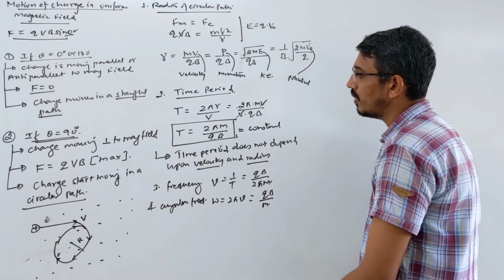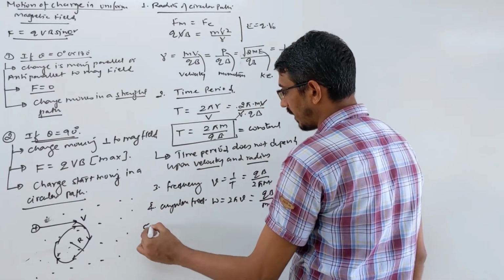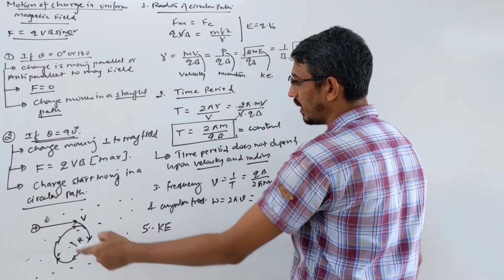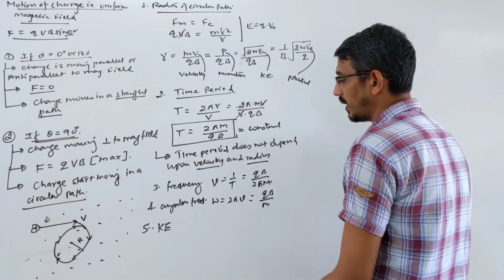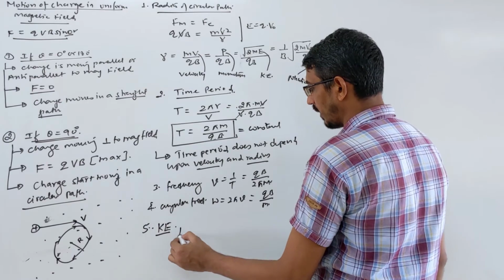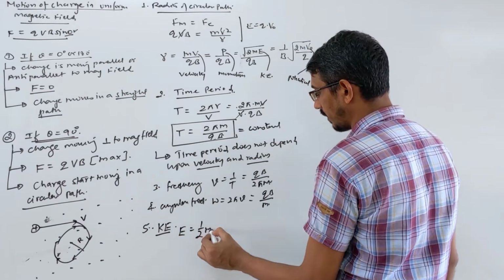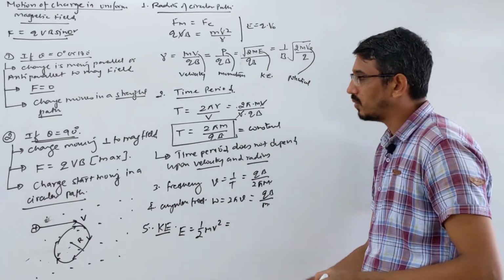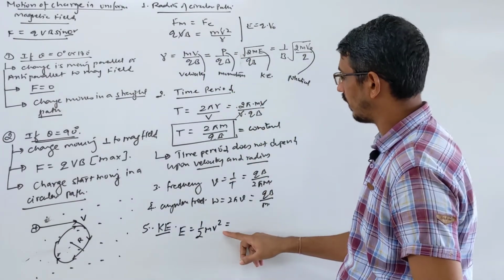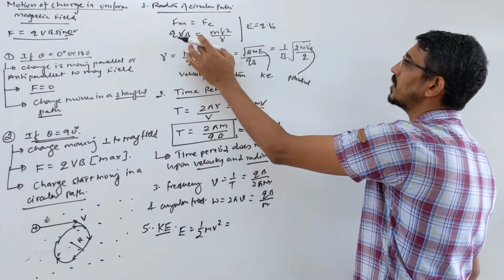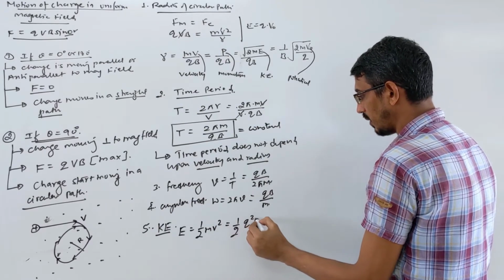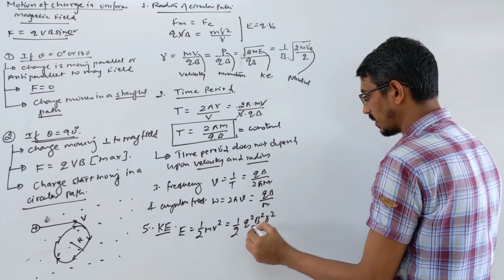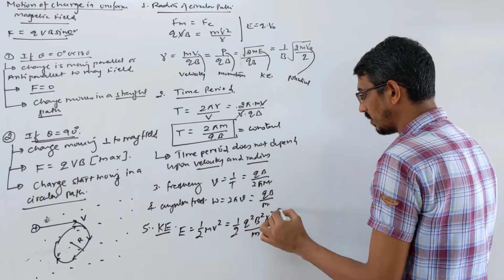Okay. One more thing they can ask is what? Kinetic energy of the particle. Some particle is moving through a magnetic field, then they ask you what is kinetic energy. So kinetic energy is what? Look here. Kinetic energy means half mv square, right? So put the velocity value from this equation. Velocity is what? qBr by m. So this formula looks like this: q square B square radius square by m. This is your kinetic energy.